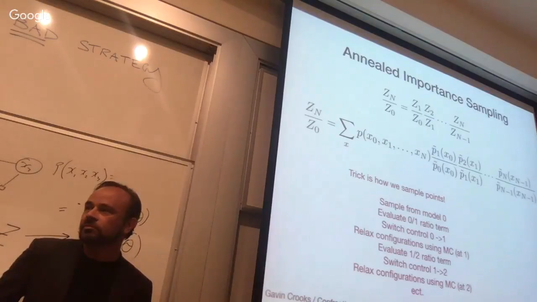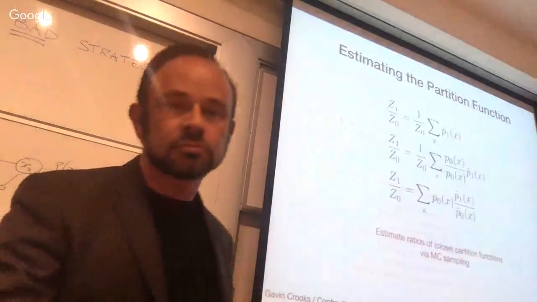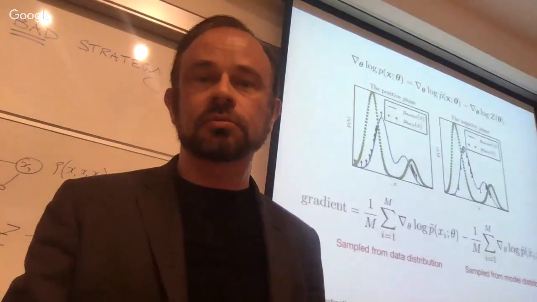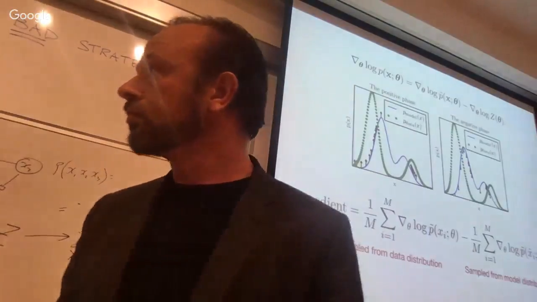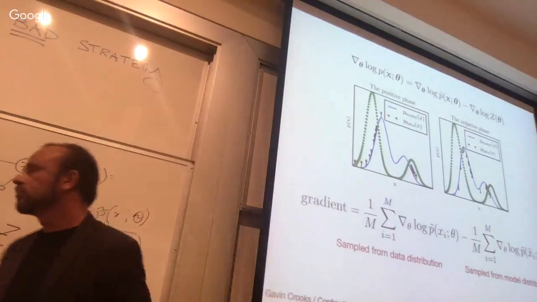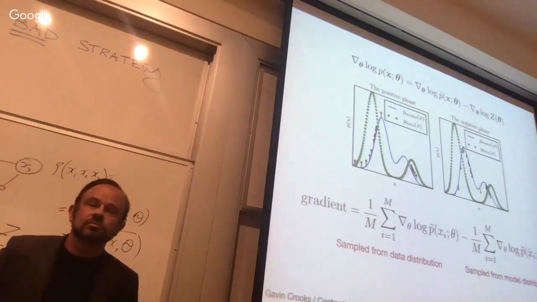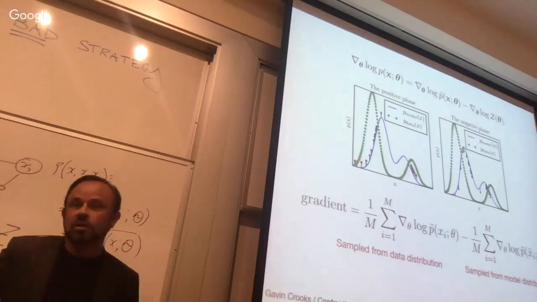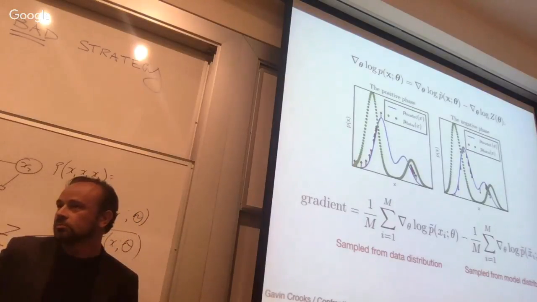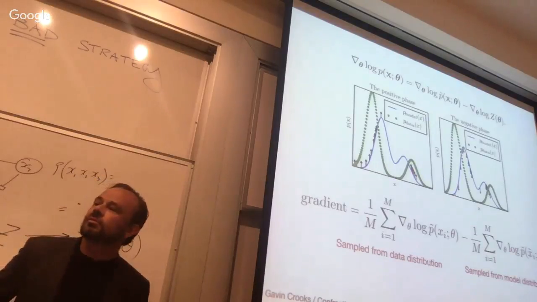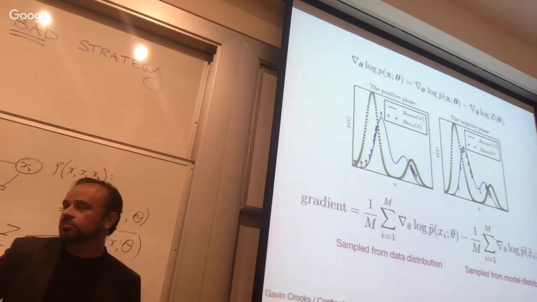Can you show the slide with one before? This one or the one before? Basically, this function is one of the GANs. If you look at this log of p tilde, you can think of it as discriminating. There are variations which do that. Well, it's positive examples, negative examples. So you're using the partition function instead of a discriminator? Is that what happens? Well, you try to avoid it, but basically you have to sample x tilde,